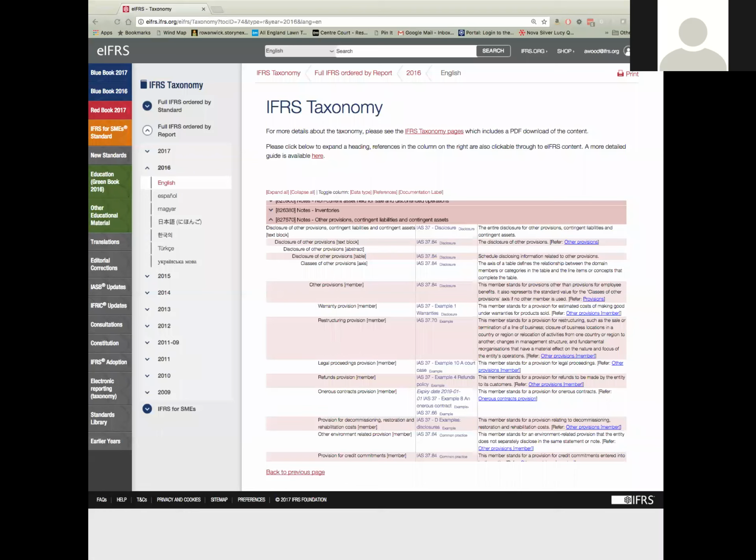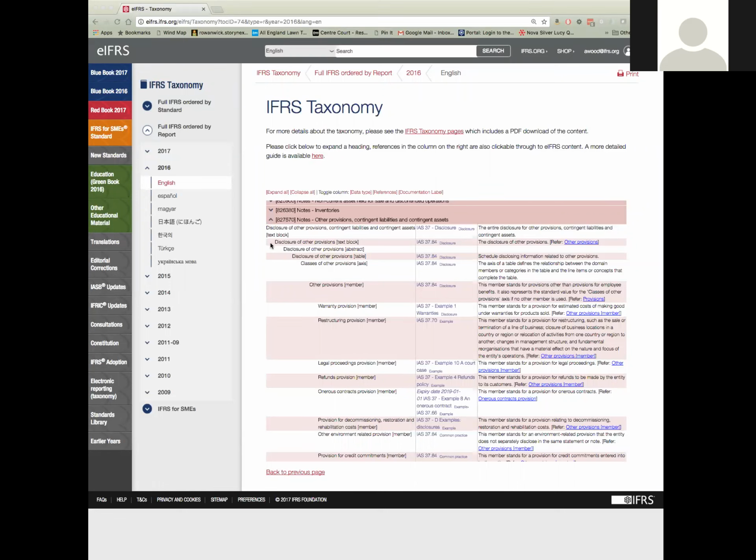Another brief note while I've got this open would be to just mention that we have a specific question on this later, but I'll just describe this now. I think we use the term disclosure slightly differently. So for example here, this top text block is disclosure of other provisions, and we call it the entire disclosure, where disclosure here is singular and refers to the entire note. However, in other locations, we refer to disclosure of other provisions here and the disclosure of other provisions table. This does not necessarily mean that this text block is